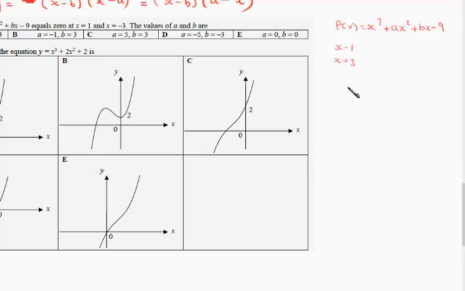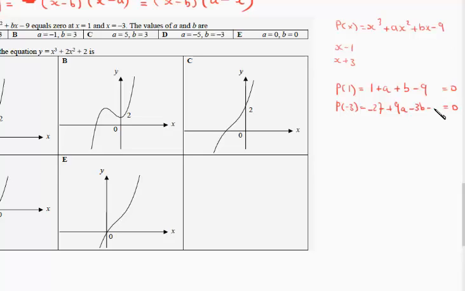So p of 1 equals 0, and p of -3 equals 0. Let's plug in 1 here. Then you get 1 plus a plus b minus 9 equals 0. And plug in -3 there, then you get -27, that's what negative 3 to the power of 3 is. And negative 3 squared is 9, so that's positive 9a. That's a negative 3b